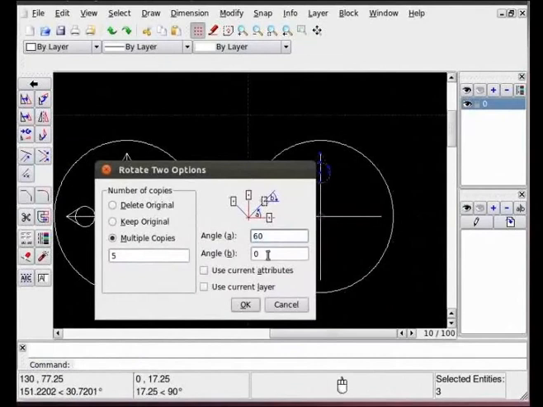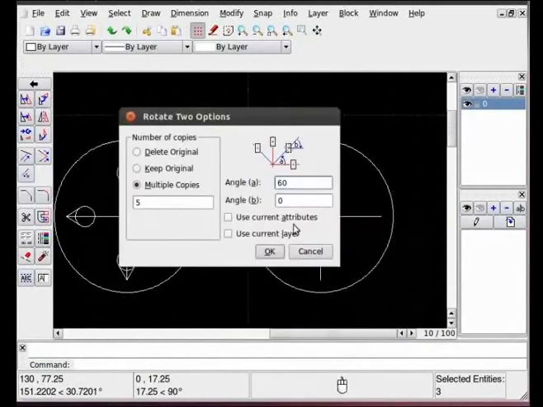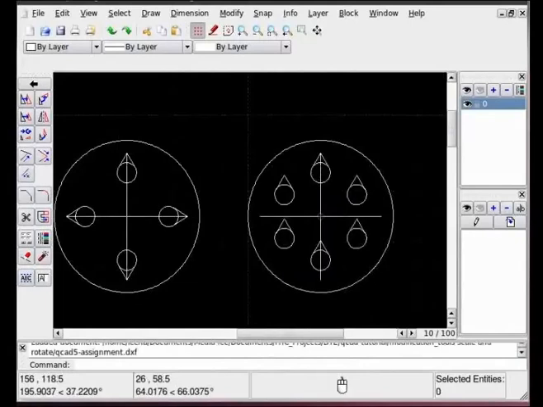And now suppose I don't want this object to move this time by around itself, so I will give angle B as minus 60. As we know, this angle B works in anti-clockwise direction, so minus 60 will make it 0. Let's click OK here. Now see the difference. Since I had given angle B as minus 60, it has become 0 and objects are arrayed in circular direction but without the rotation for individual objects.